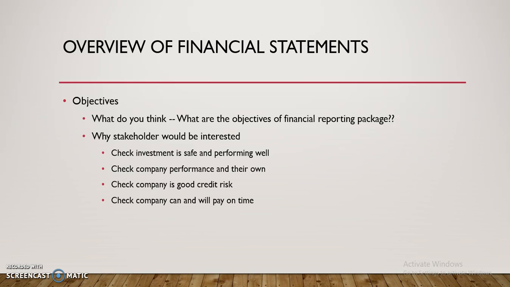Company's supplier want to know if the company can pay or will pay on time. So how they will know about this from financial statements? We will look into the details when we look at balance sheet and ratios. Can the company deliver its products and services consistently over a period of time? Because most of the companies, if they are heavily dependent on one company for their supplies, they would be interested to know if the company's health is good. Is the company have any immediate risk of closure?